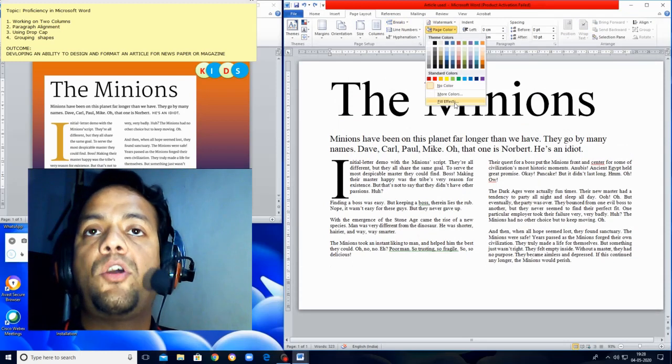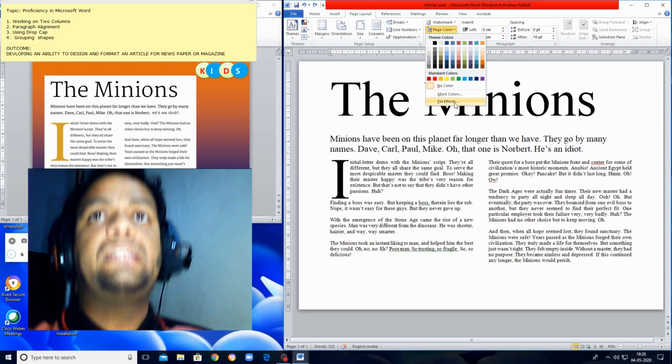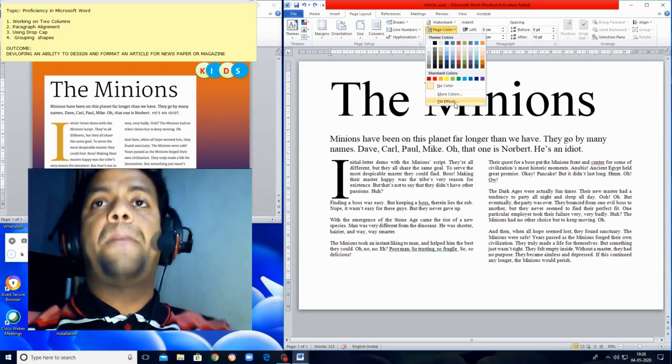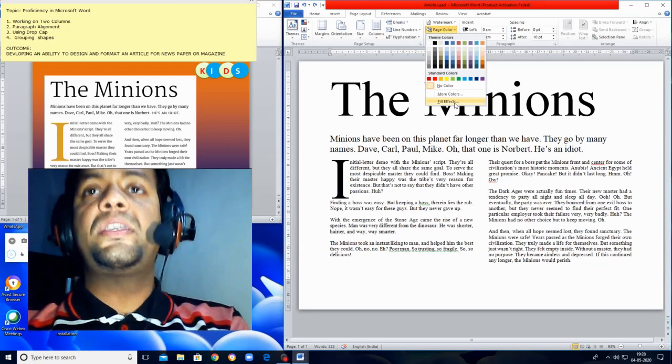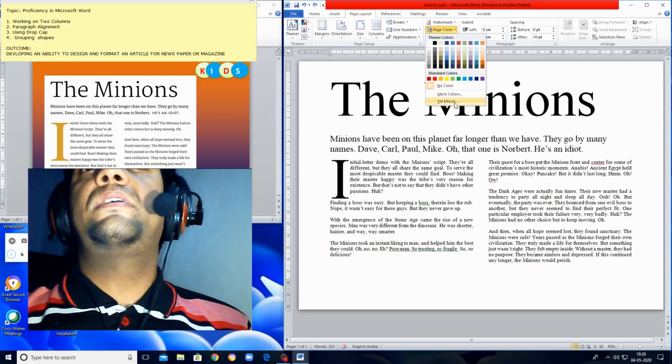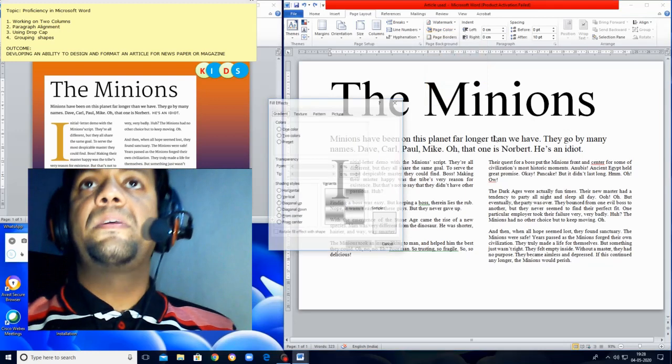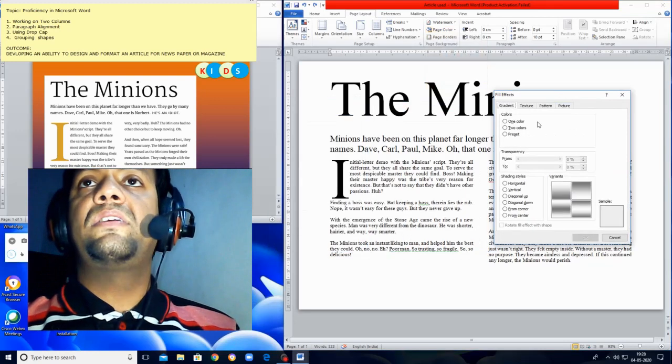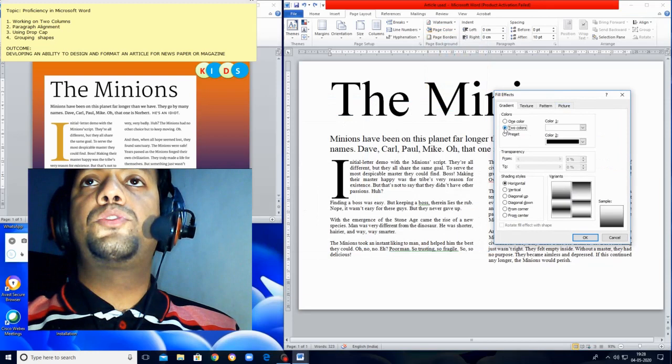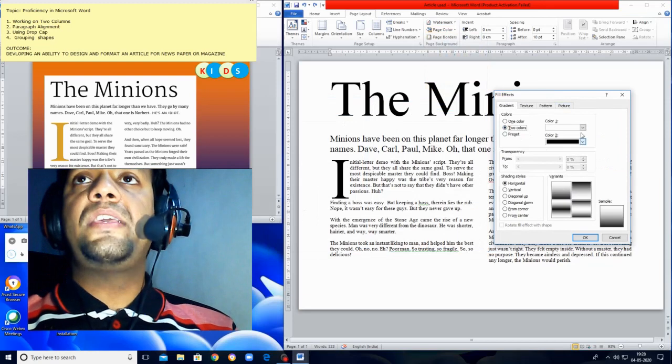There is an option called Fill Effects, because in this sample we have to apply gradient colors to it. Okay, so let's click on gradient fill effect, and under the Fill Effects option you can choose 2 colors. So I'm using 2 colors here.